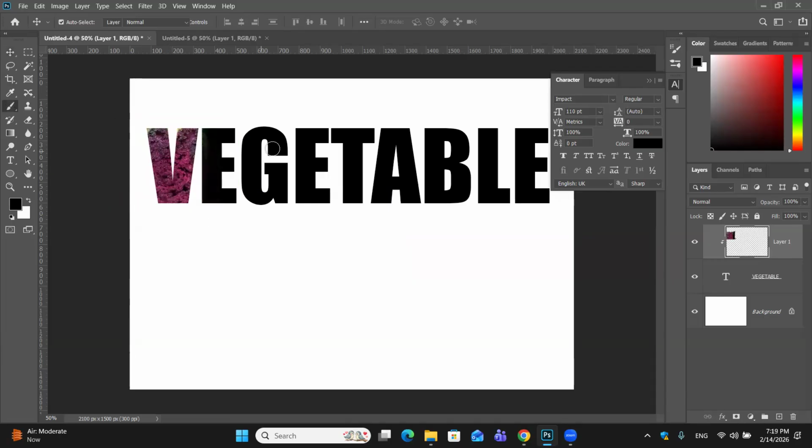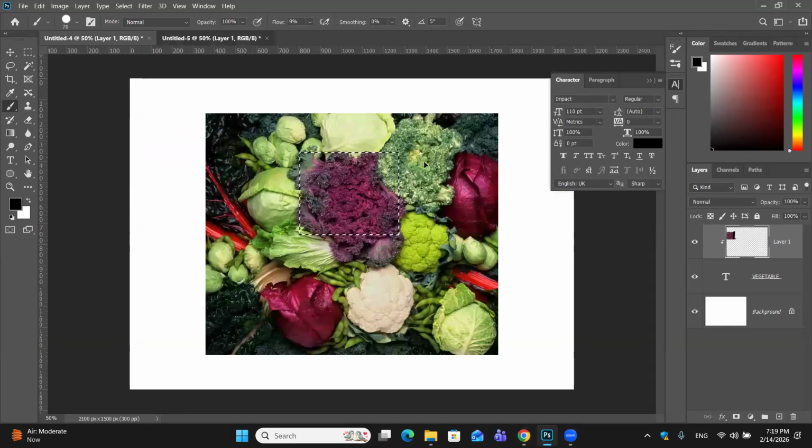Yeah, again take a brush and you can erase. Make sure you are on black. As I told you, masking black means window close, white means windows are open. Now again, take a move tool,